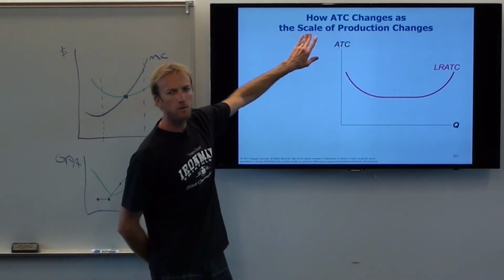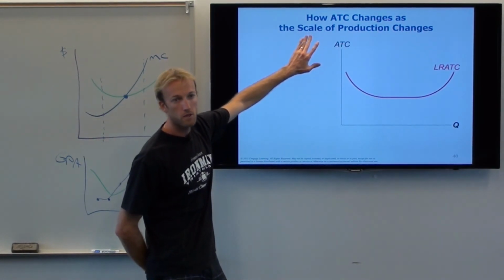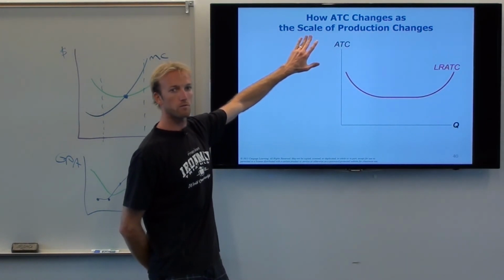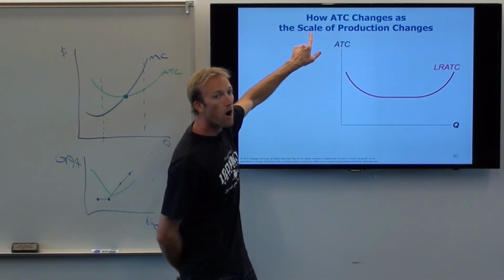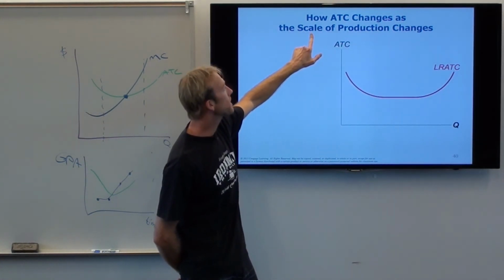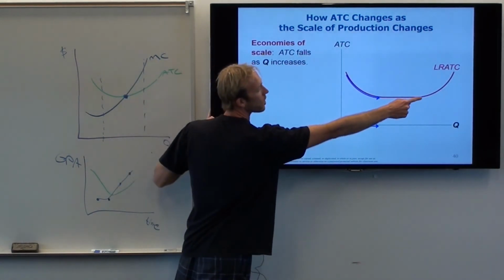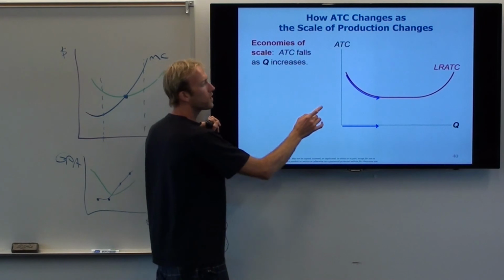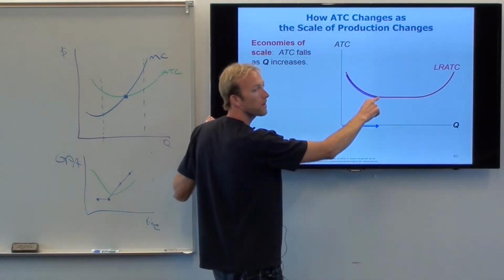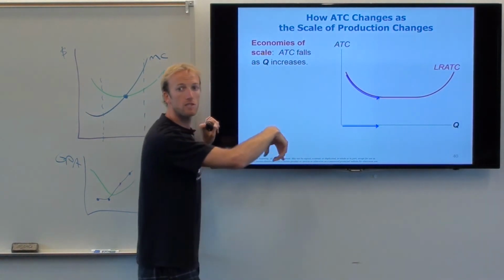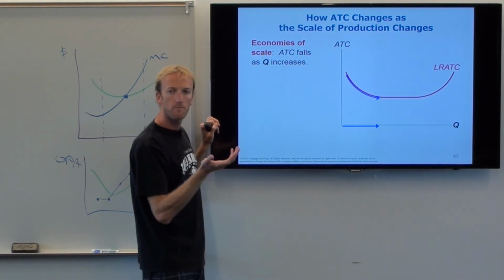So what does scale mean? Who remembers? I want to scale up my business because I want to make more quantity, right? So as I change the amount of quantity, that's all that scale of production is meaning. As I change the quantity, how does average total cost change? Well, if my long-run average total cost curve looks like that, then what do you notice? As I produce more, my average total cost curve is doing what? Falling, right? So it's getting cheaper and cheaper per unit, or per taco, per whatever that I'm making.